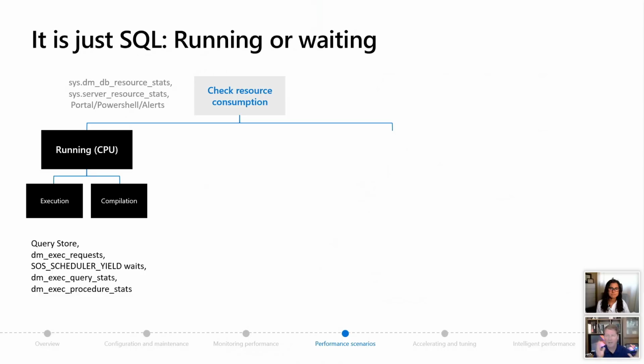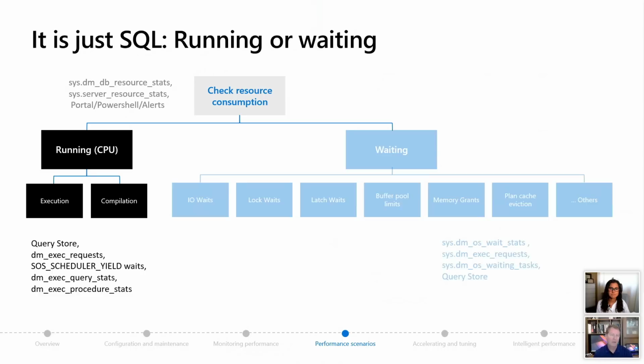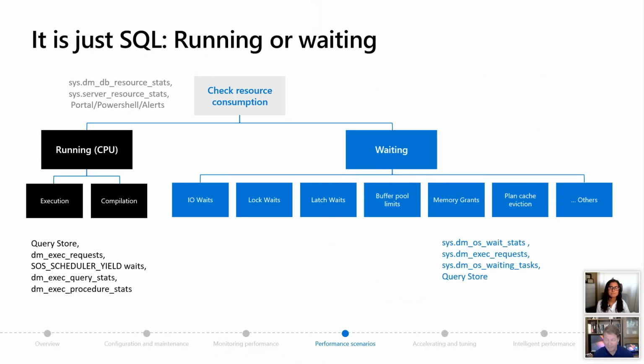Let's say it's not high CPU, okay? If it's not high CPU, you must be waiting, and you must be waiting on probably one of these categories. It's really funny how these categories line up, because a lot of them match what shows up in the Query Store, because the Query Store does support looking at waits. But typically you look at DMVs like OS wait stats, to look at all your waits. You may look at exec requests to see what is currently waiting. What am I blocked on, for example, in a blocking scenario? Or you might look at OS waiting tasks for parallel type queries.